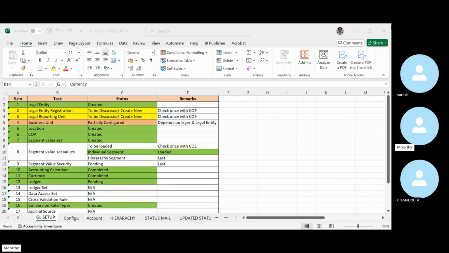I think that document I have updated somewhere. Just a second. So basically, what is meant by chart of account structure? What are the components we are going to use in chart of account structure? For example, just a minute. I think